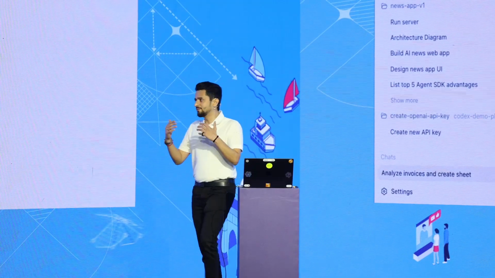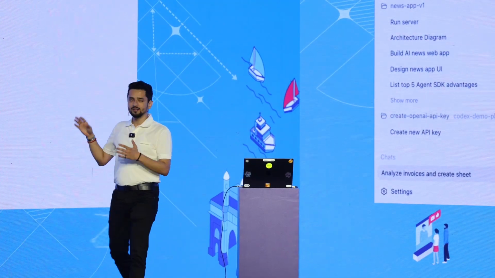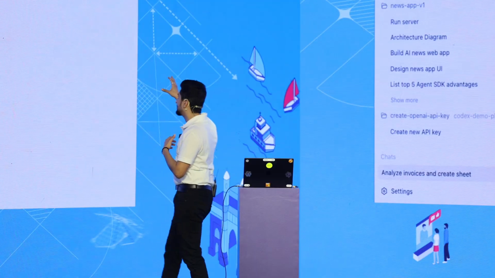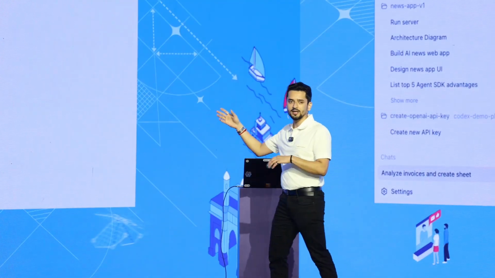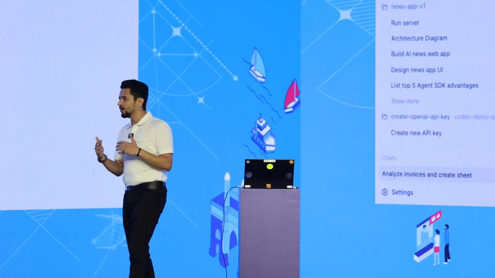So this is very much a conversation kind of pattern that we see in Codex. If there is some output which it has created, and if you don't like it, you just prompt it again and it will change the output. The idea over here is